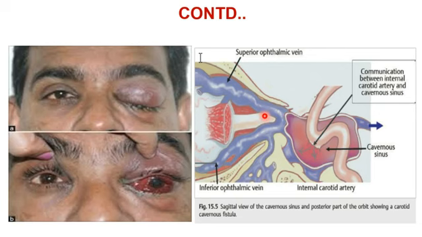This is a case of pulsating exophthalmos. So pulsating exophthalmos is due to an abnormal communication between the cavernous sinus and the internal carotid artery. So this is known as the arteriovenous fistula. The eyeball is protruded, known as exophthalmos, and the conjunctival blood vessels are dilated. The eyeball pulsates synchronously with the arterial pulse. The patient complains of a rumbling sound in the orbit. The venous congestion leads to papilledema, and also it can result in impaired vision.